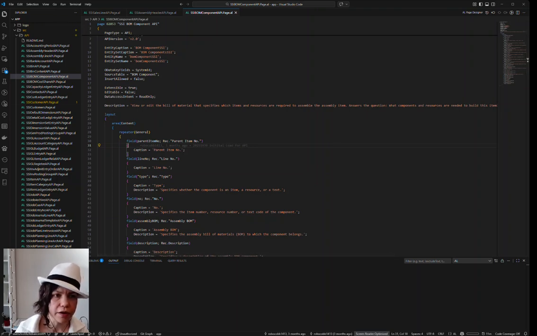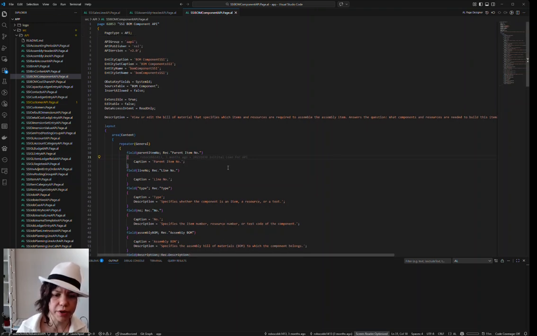You can think in this regard, an API page is a topic. What can this page talk about? Give it a small summary. And this can be done with this description. So now you can say, this page is a BOM component. It can view or edit the bill of materials that specify which items and resources are required to assemble the